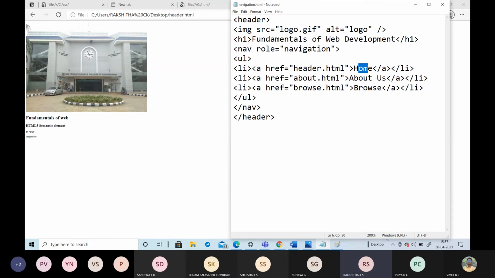If I click on this home, where does it have to move? It has to move into the header.html. I have already created this file, and just by clicking on this home, it will move on to the header.html. Here I will change this about to list. Change that. Once you click on this about, it has to move into the list.html.